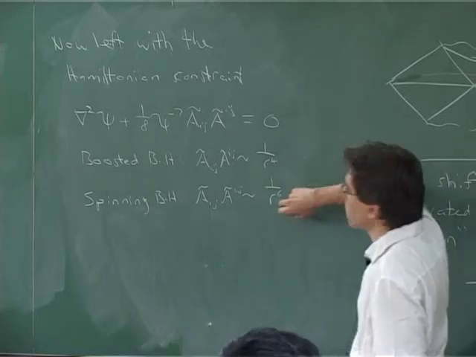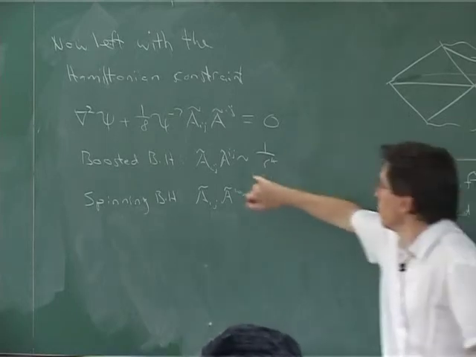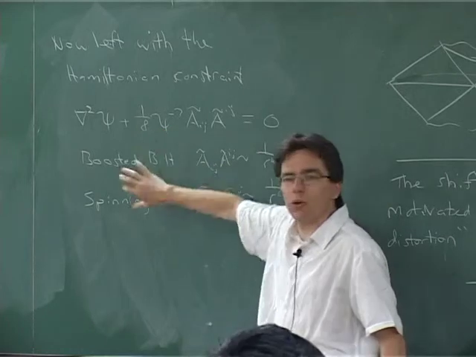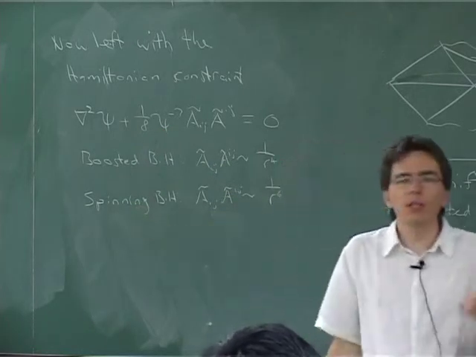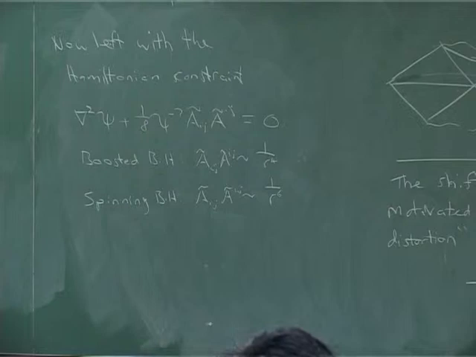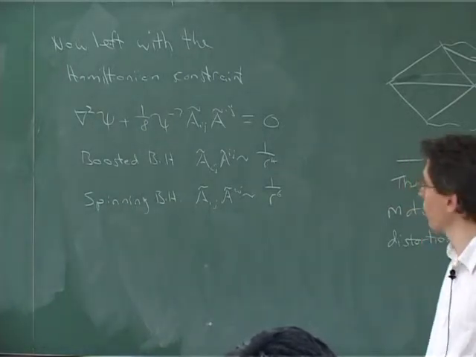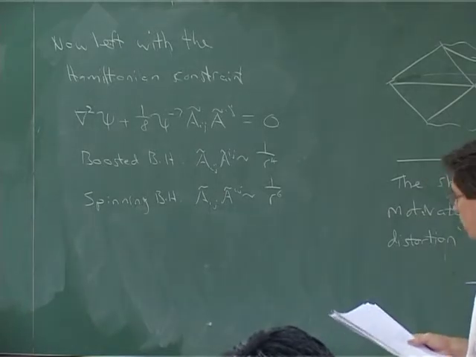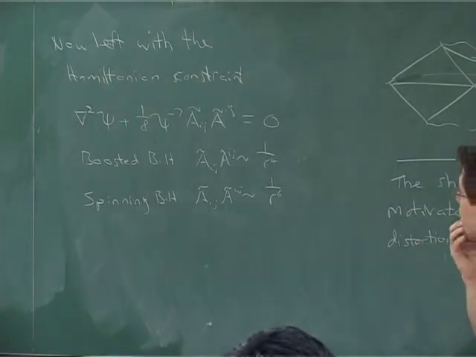And in each of these cases, if you just consider a single one of these, a single boosted black hole or a single spinning black hole, this is an axisymmetric solution. So you can actually solve this in 2 dimensions. You don't have to produce some big 3D code to do this. Now, there's a problem here,